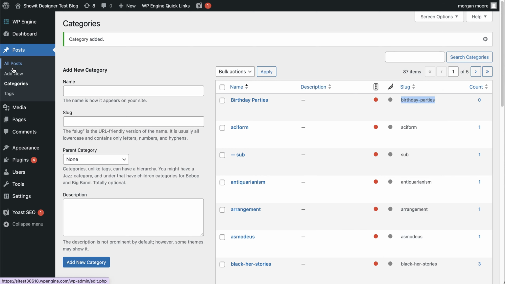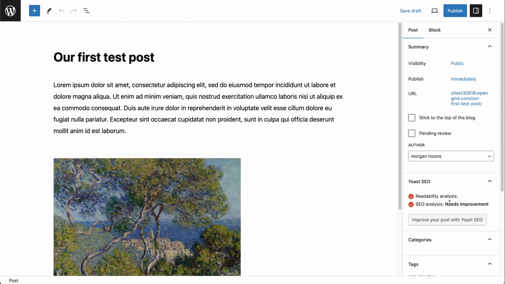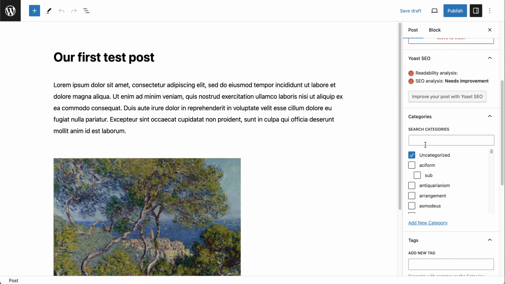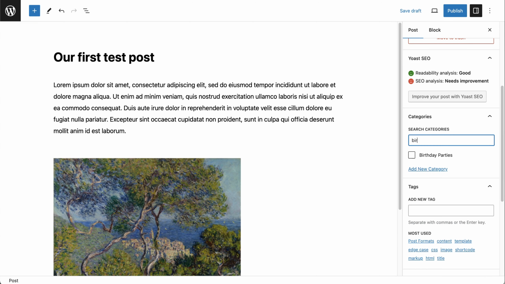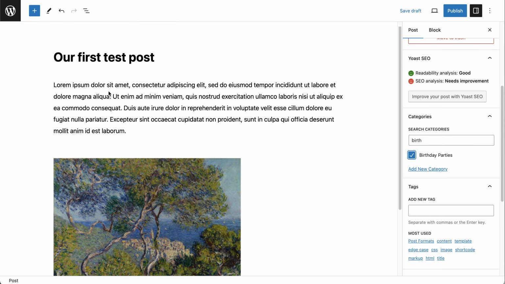Now in our post, if we go back to all posts, you'll see our draft in there. Now we can go and select this category from the list. So I'm going to uncheck uncategorized and I'm going to search birthday. Perfect, birthday parties. So that is our category. I really only recommend selecting about 1, maybe 2 categories for your posts, whereas underneath here, tags, we can choose